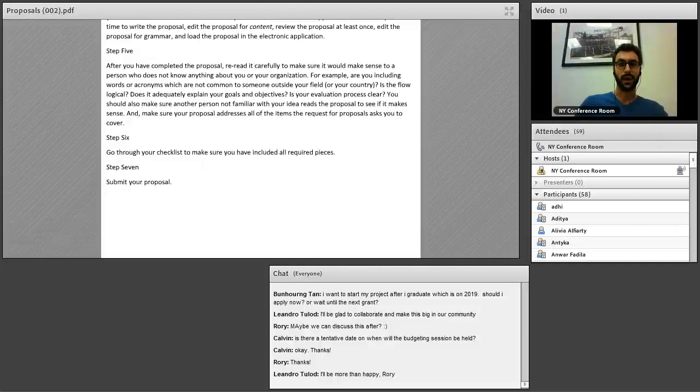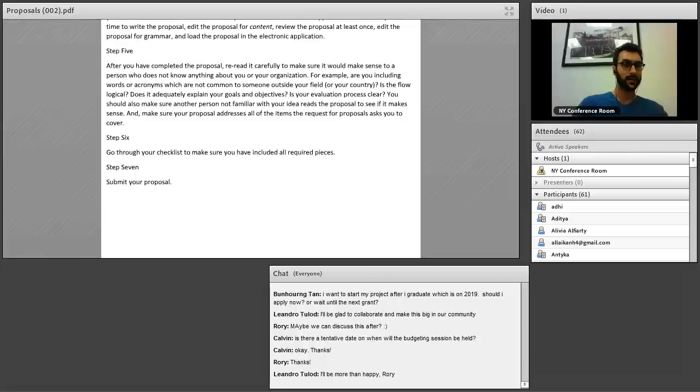Is your evaluation process clear? Does your project flow? So evaluation can mean you have to give us numbers and figures. It's great to tell a story on people learning new skills or traits. However, there's also going to be the numbers aspect. How many people are you going to be training? How many people are going to be learning? These are critical information because those help us evaluate the scalability, the sustainability of your project.